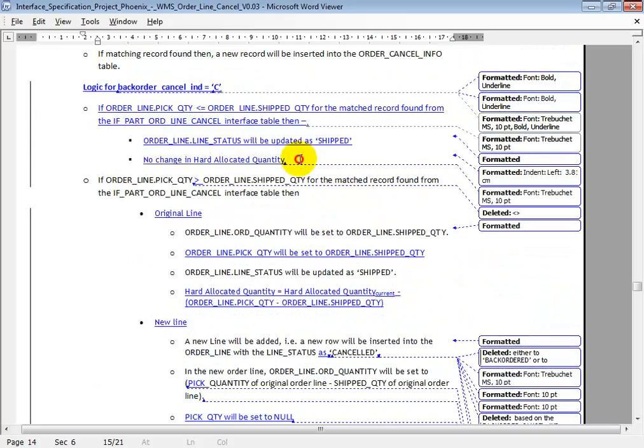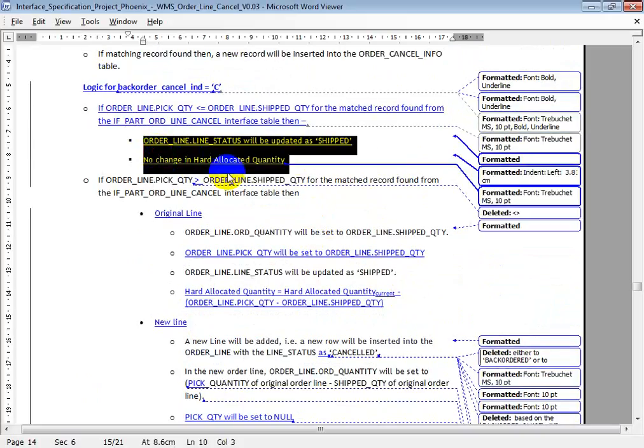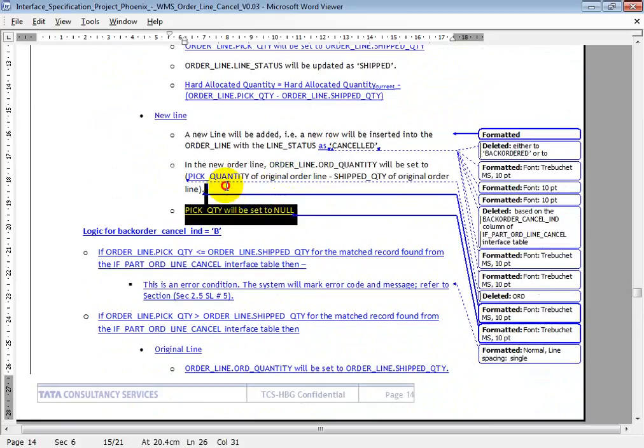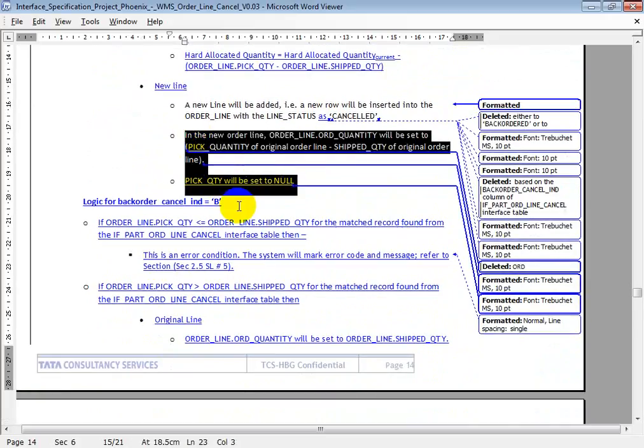Whatever changes I have mentioned are related to inventory bucket changes. As of now, this is not necessary for you because this has already been tested, right?